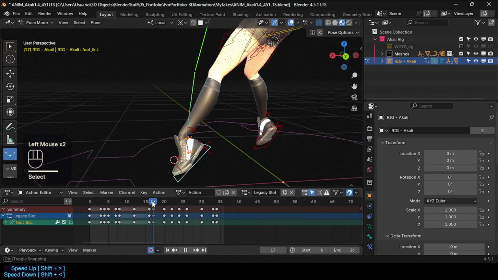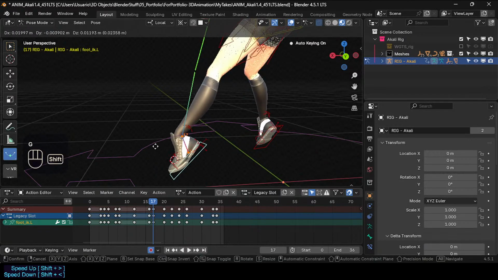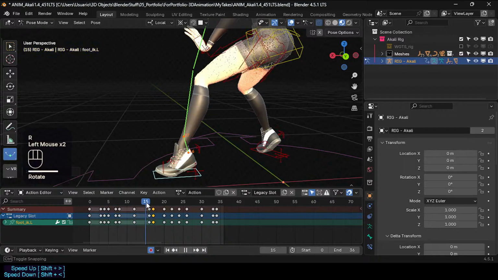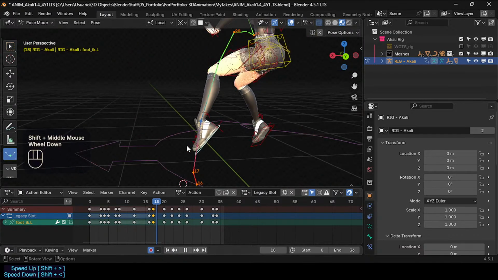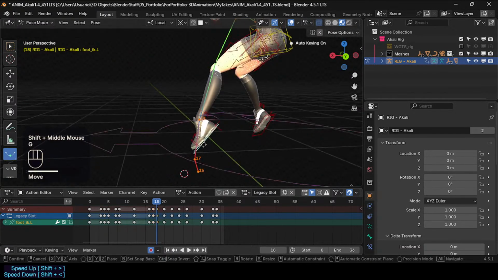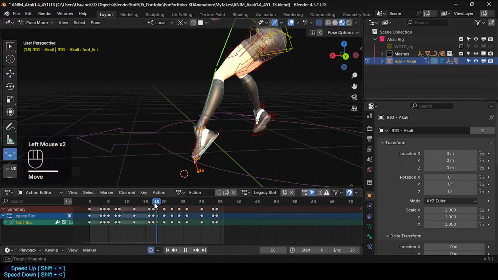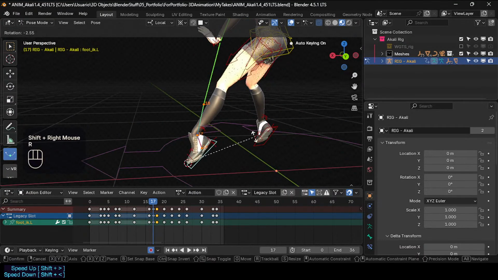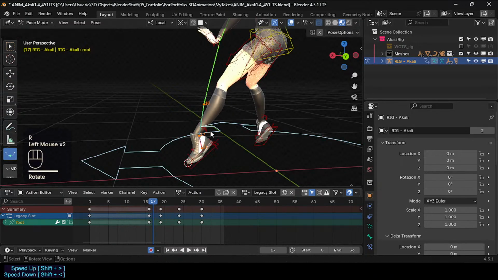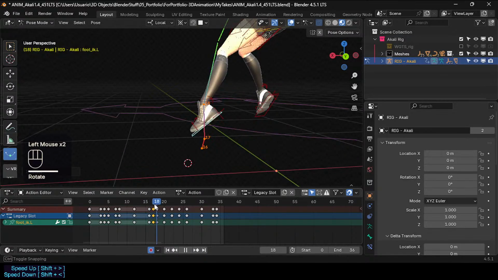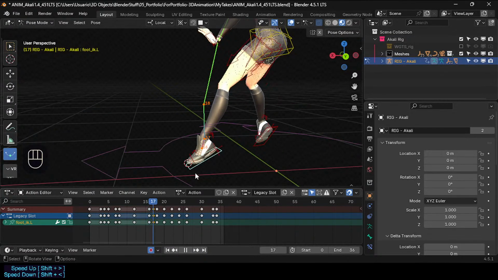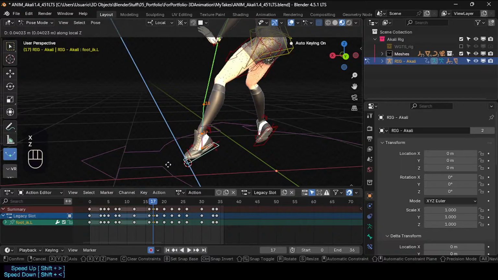Okay, so I need to fix this foot here. I can't really see much. Okay, so something about here. I need to make it glued, so much easier if you have to draw this. Maybe this is too much, but it is pushing the foot forward. Now we need this to maintain the